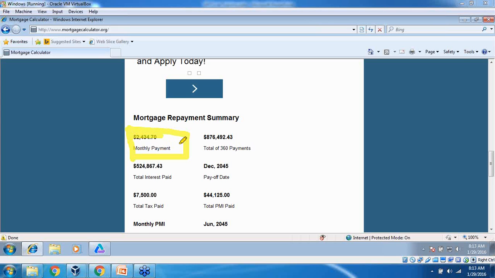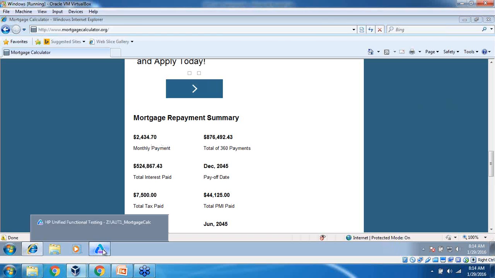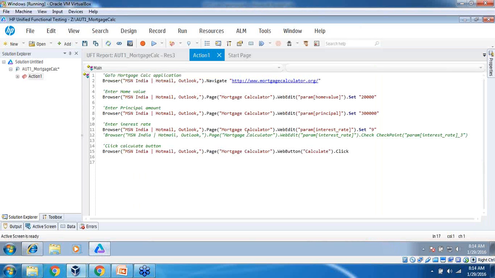Whatever amount you enter, based on that it will show you some amount here. So we want to capture this value team. Focus on these things, how we can capture, so that we can perform a comparison. This is the current value, and for the expected value, we can assign any number to any variable and compare with this. But before that,